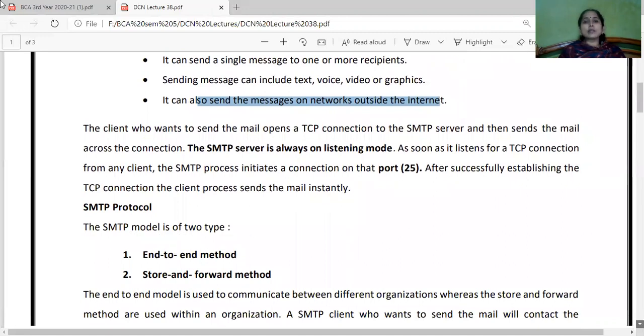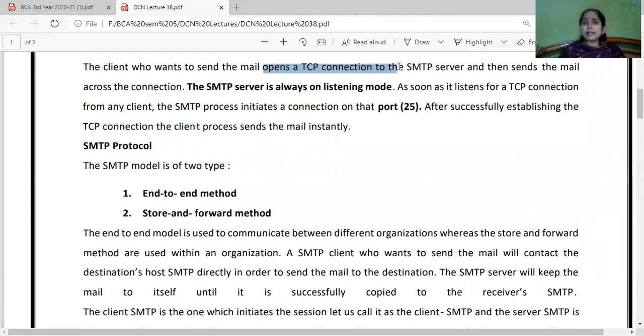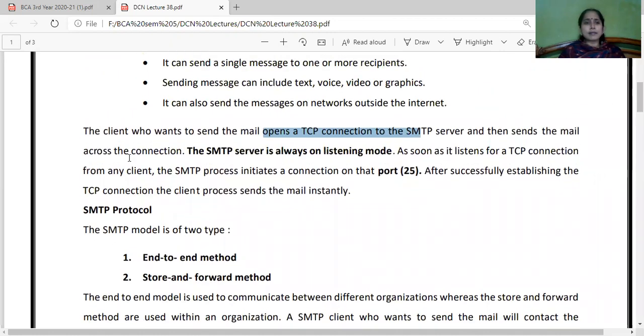Now, when we talk about SMTP, the client who wants to send the mail opens a TCP connection to the SMTP server and then sends the mail across the connection. SMTP server is always on the listening mode. This is to be remembered. That's why I have highlighted also.